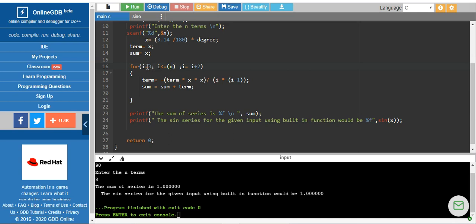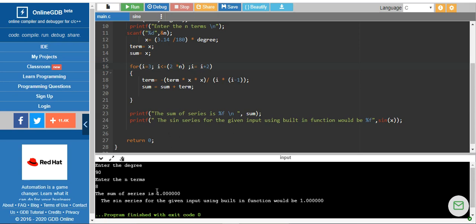It is mandatory that, since we are incrementing the value of i by 2, the first time the loop will be 3, the second time i will change to 5, and the next time i will change to 7. So it is jumping two levels. For that sake we need to use 2 star n. Even if you don't use 2 star n, you will get a result, but the accuracy of the result would vary with the number of terms of calculations you are going to do. So with this you are going to get the result based on our Taylor series equation and the predefined function that we have used. Okay, thank you.